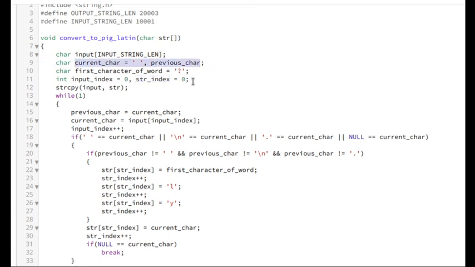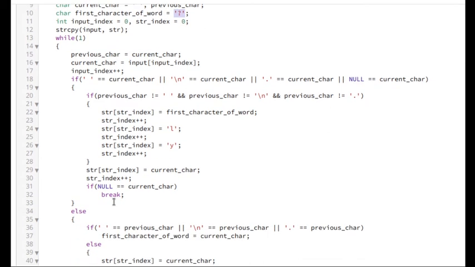And we have these variables current character and previous character. We could have lived without these, we can derive them based on the input index, but I still kept these variables so that it is clear when you read the code what we are trying to do. And first character of the word will remember the first character of the word. I have initialized this to get rid of the compiler warning.